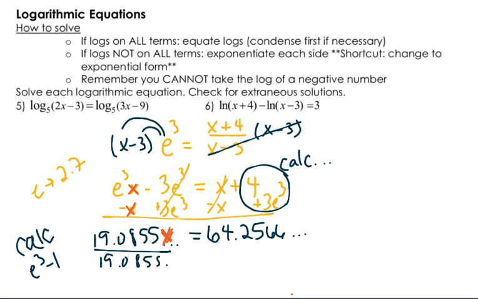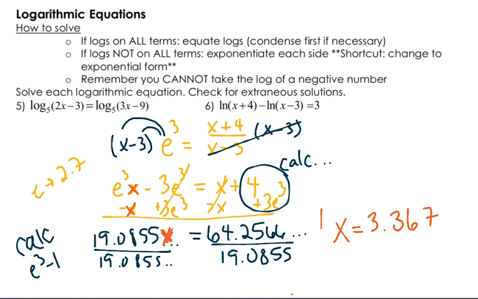19.0855 number. You should still have that 64 on your calculator, so just type divided by, and then, if you're careful with this, you can go back and just highlight that 19.08 and hit enter so you don't have to retype all of it, and you should get 3.367, we'll round to 3 decimal places. X is equal to